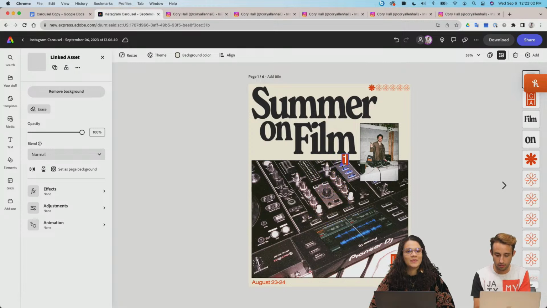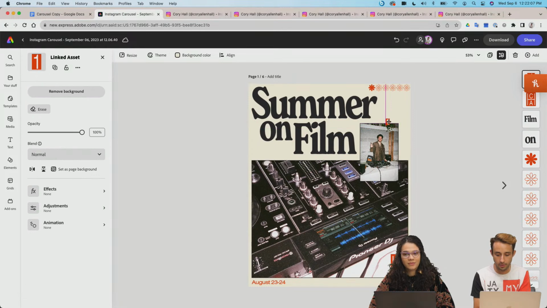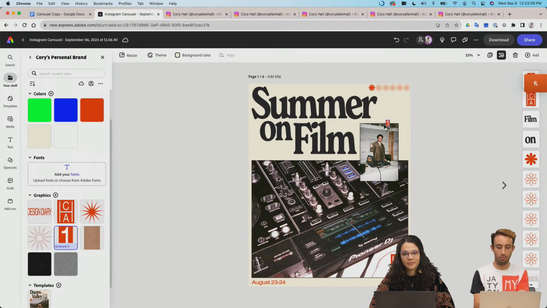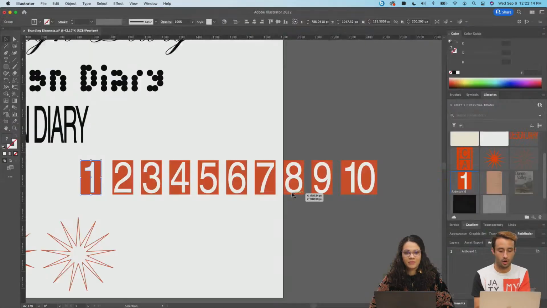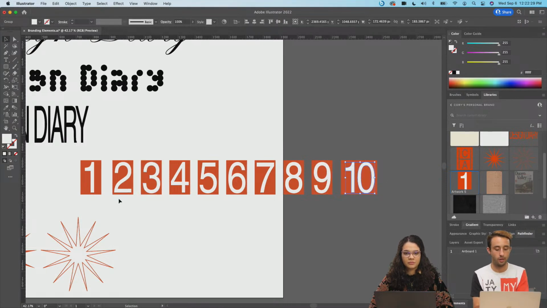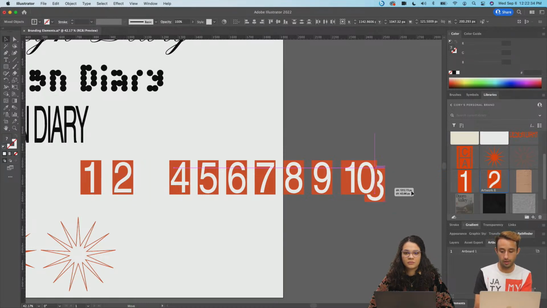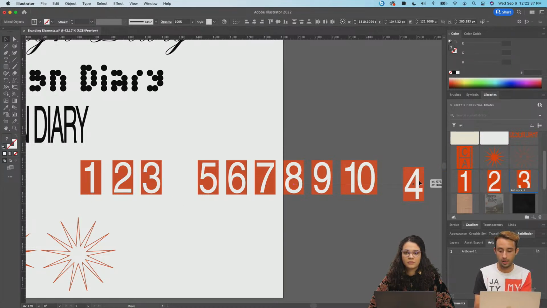So that's really cool. So what I did is I just created this in Illustrator. And then I was able to drop it into my library, and then it pretty much instantly appears in Express. Nice. And so I'm gonna drop the rest of these in here, and I'm also gonna outline this text just to make it feel a little bit cleaner. So I'm doing Command-Shift-O to outline it so that it becomes a vector. Just because I'm worried about it scaling, I'm worried about it not linking properly, and so I'm gonna just vectorize it before I drop it into my library,